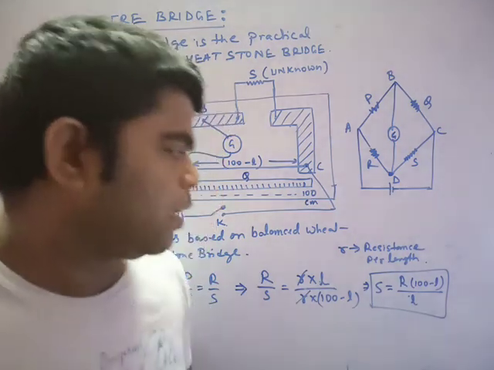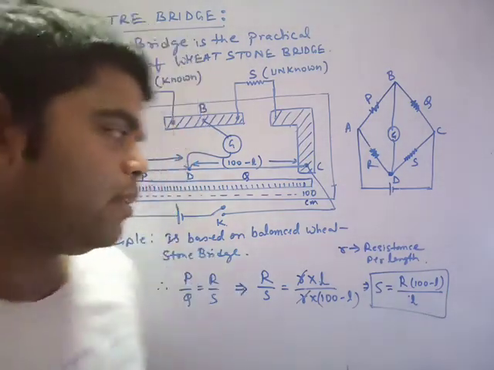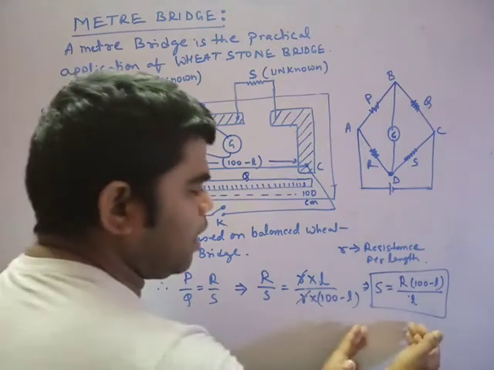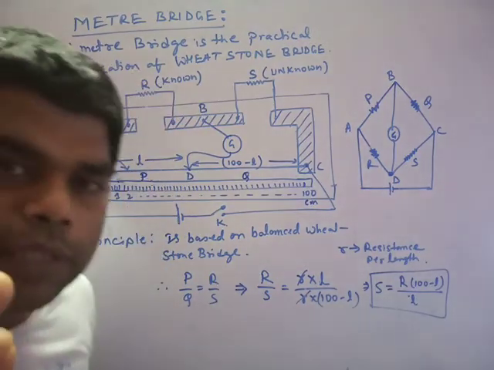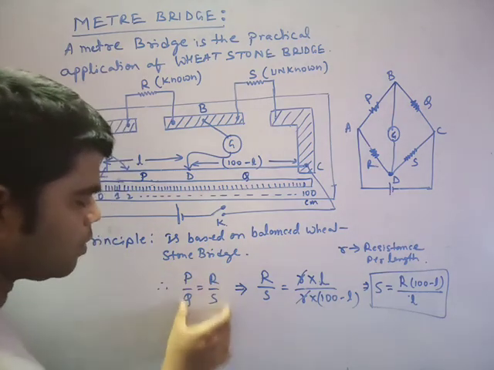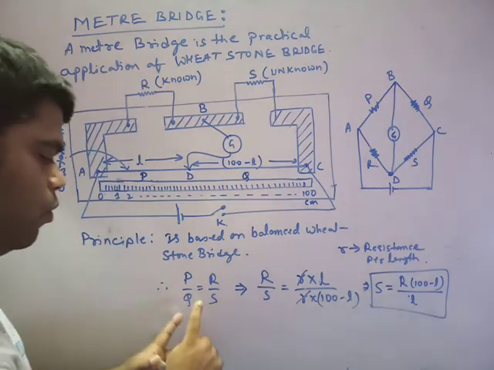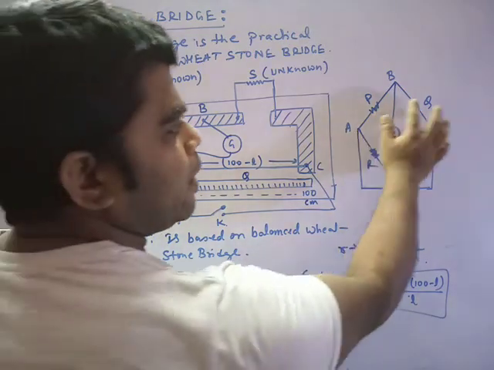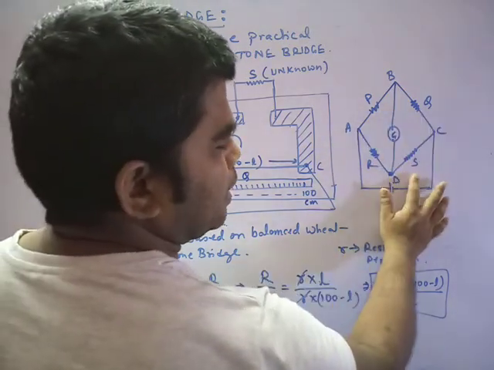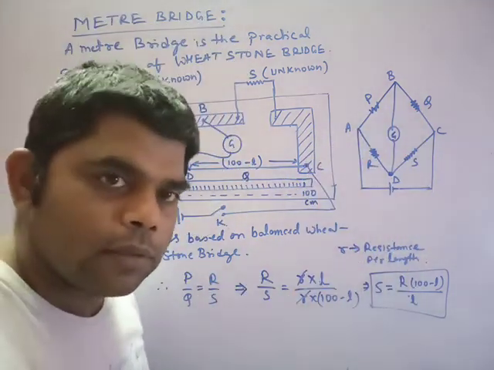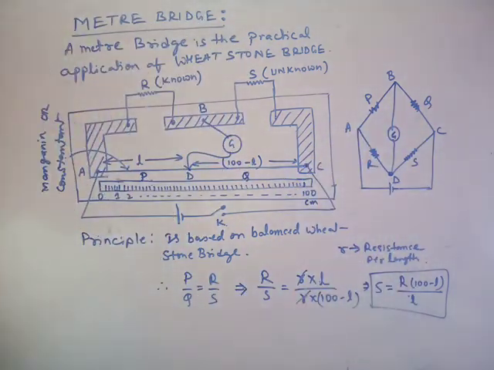But maybe a question arises in your mind that, sir, if I write L here, then no problem. According to that, you have to write it. But always keep in mind कि ये important है. The important thing is the application. If you know how to use this, you can write this, and it's very simple. P by Q लिखोगे तो R by S लिखना है. अगर Q by P लिखना है तो S by R लिखना पड़ेगा. Am I clear? Yes. It's very simple.